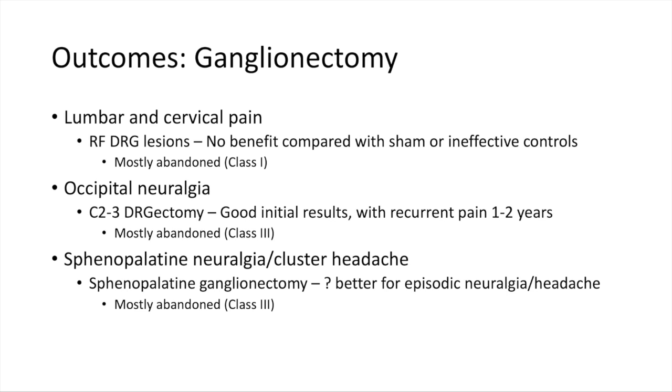Definite conclusions concerning long-term outcomes are difficult, given the variability in the follow-up data. The remaining studies were small and inconsistent. The procedure of RF ganglionectomy for lumbar and cervical pain has mostly been abandoned. The largest case series evaluated the efficacy of C2 ganglionectomies for occipital neuralgia. The investigators found that 80% of patients had significant relief from symptoms. Unfortunately, long-term follow-up data were unclear, rendering any conclusions difficult.